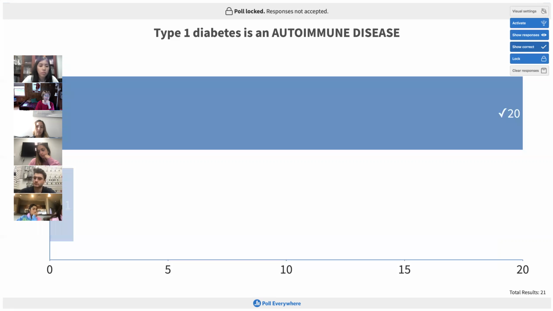All right, that answer is true. Can someone explain to me what an autoimmune disease is? I don't have the raise hand function. I don't know that the raise hand function works when I'm sharing my screen. So if you want to send a message, or... An autoimmune disease is something that's in your system, and it's something that you're born with. And then it can show up throughout your life at any stage. Okay, do you know what autoimmune means? Well, it's kind of like what Jackie just said in the chat, the body just starts attacking itself.